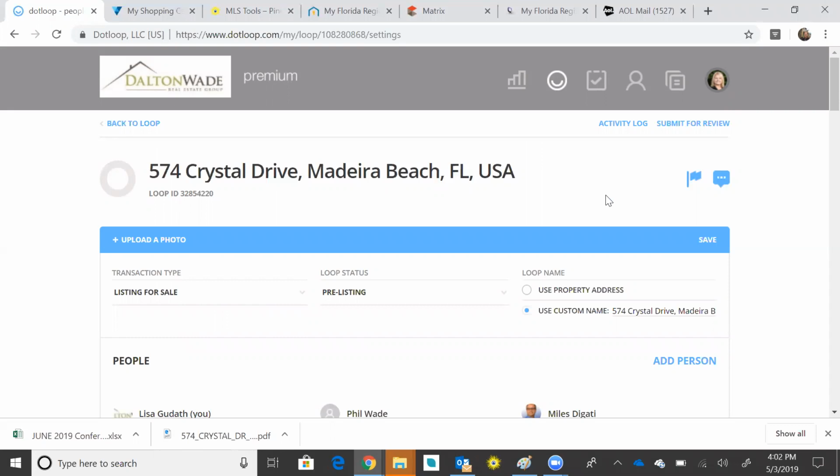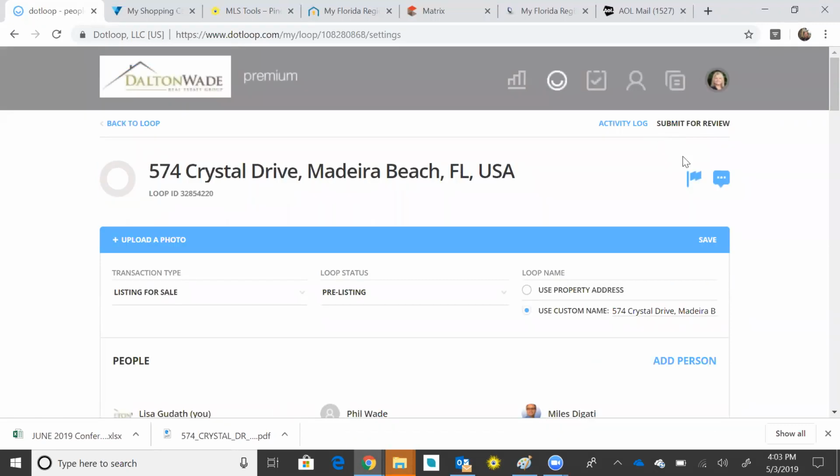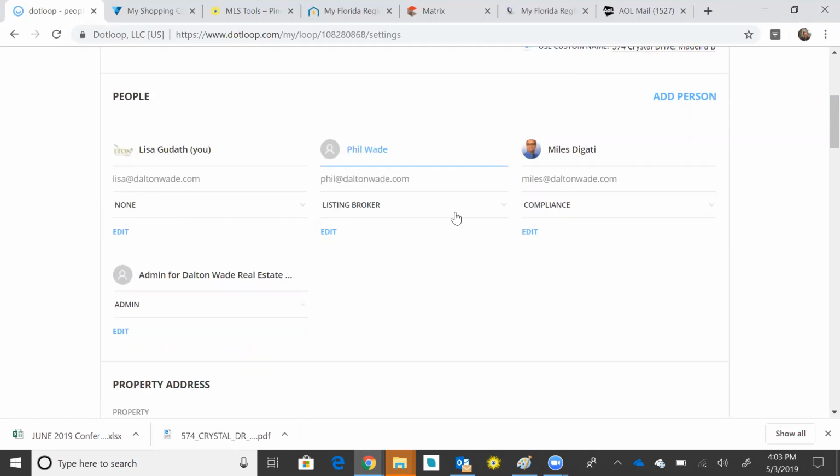The View Details page will open up. It tells us our loop name, our loop ID. We still have access to our notes and our activity log. We can still submit for review and look at our notifications. Our transaction type, loop status, and loop name are at the top, and we are going to add some people